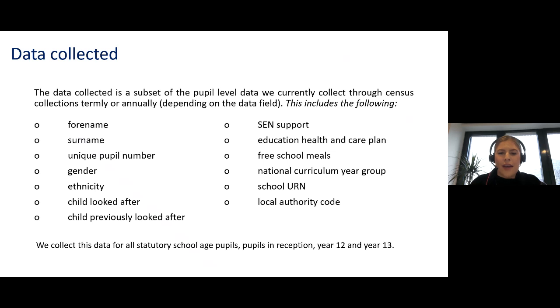Thanks, Caroline. If we could just go on to the next slide, thank you. All the data terms being collected are actually already collected by DfE at less regular intervals through our census collections and our statutory returns. We're collecting a number of terms, including all absence and attendance codes, and then we're also collecting pupil characteristics such as gender, free school meal eligibility, and whether they receive SEND support. Collecting these data terms helps us to really target attendance support to specific pupils or cohorts of pupils. And then we collect this for all statutory school-age pupils, as well as years 12, 13, and pupils in reception.